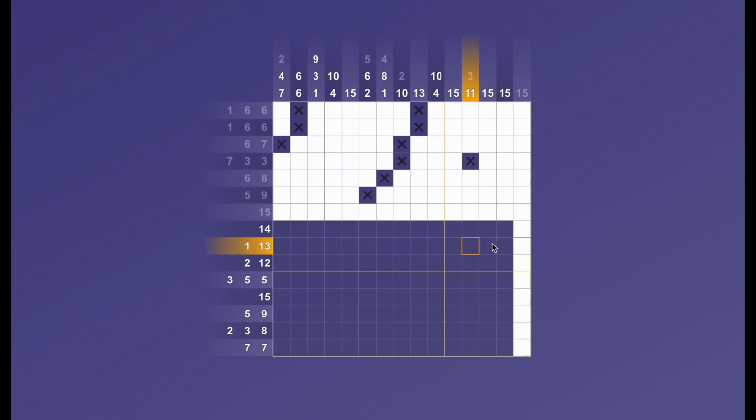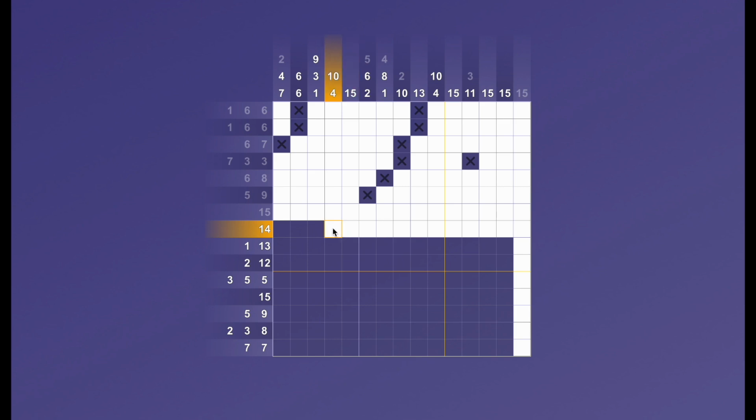This next row has 14. 1, 2, 3, 4, 5, 6, 7, 8, 9, 10, 11, 12, 13, 14, and an x. This next row is 13 plus 1, which is 14, and the x in between is